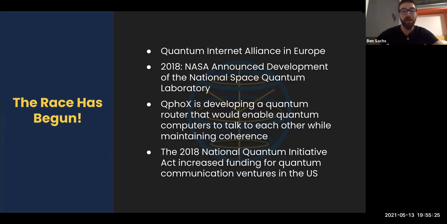Maybe it's classified. There's also a company called QFOX, and they're developing what they call a quantum router. It purports to allow quantum computers to communicate with each other. And they make a very bold claim. They say, it's really hard to get 1,000 qubits, but if I have a 100 qubit quantum computer, a quantum router, and another 100 qubit quantum computer, that somehow you can daisy chain that into 1,000 qubits. I'm not sure if that's true, or if that even is possible with the laws of physics,